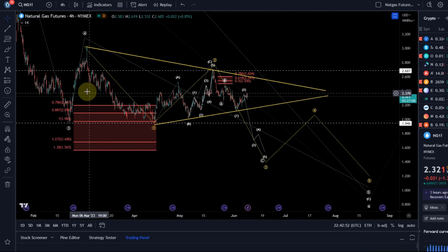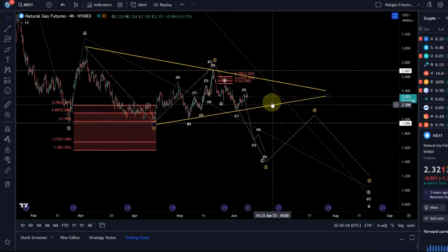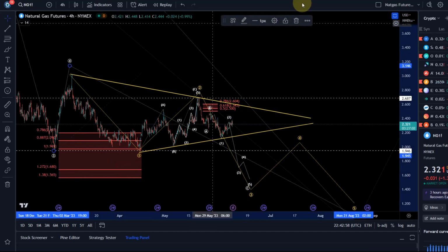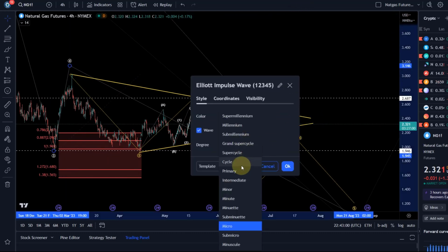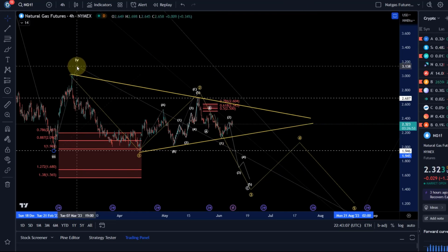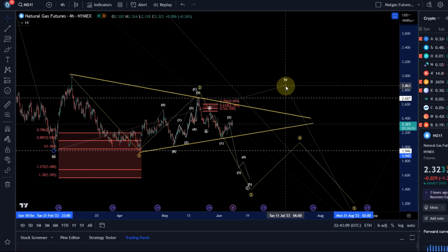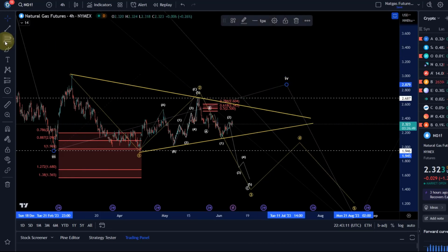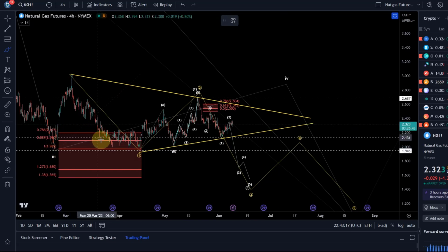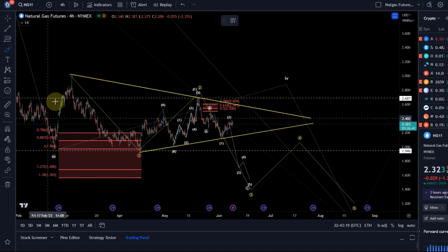The next one is that we're moving in a triangle, because the idea is that this 4th wave, obviously, and I need to change the wave degree, let me just do that, that this 4th wave peaked here in March, but in an alternative interpretation, we could say the 4th wave is still running, but as an Elliott wave triangle. An Elliott wave triangle has 5 waves, and I consider it because the movements to the upside and the downside